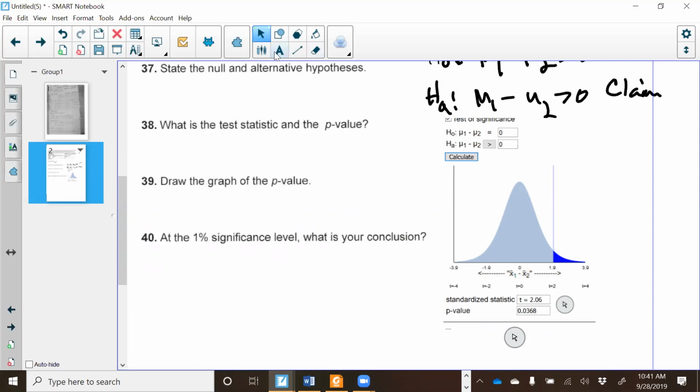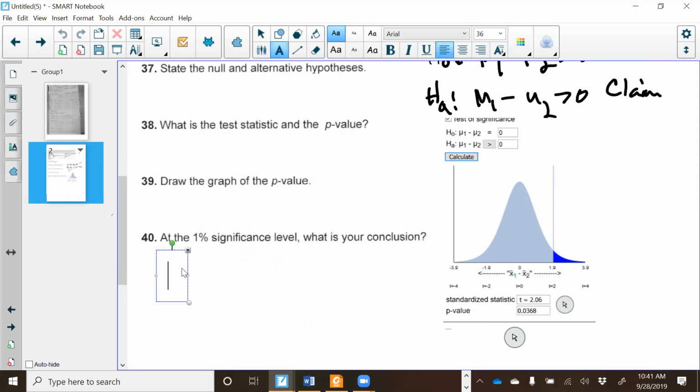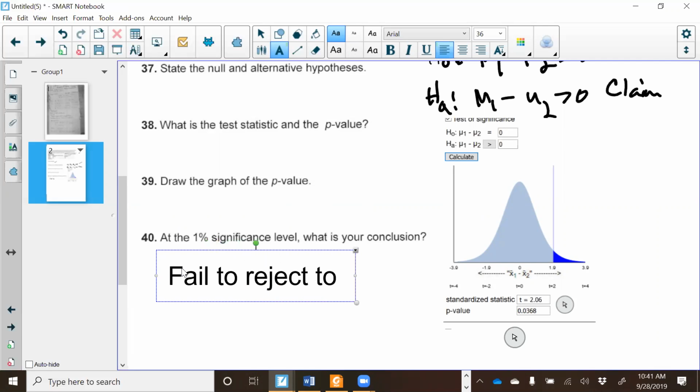See how it was kind of capricious? By changing your level of significance, you can decide to reject or accept. So that's why when you're reading a report, and that's one of the things you're going to do before this course is over, you're going to go find a live report and see if the researchers report out that level of significance. We're going to fail to reject H0. And then what does that mean? Well, if we